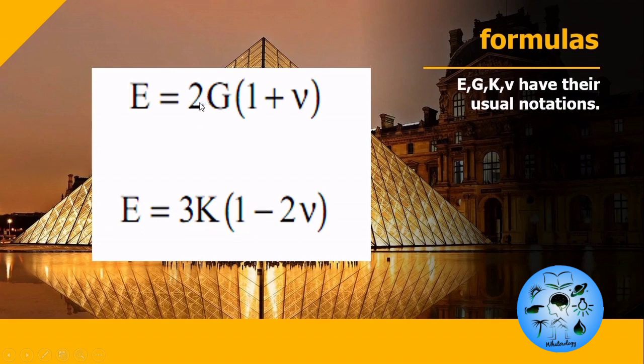Okay, so now how to remember the coefficient, where there will be 1 and where there will be 2? It's very easy. In 2 we have to subtract 1, so it will come 1. In 3 we have to subtract 1, it will come 2. Okay, so now the only problem is this plus and this minus.